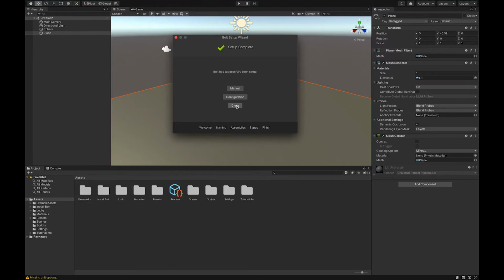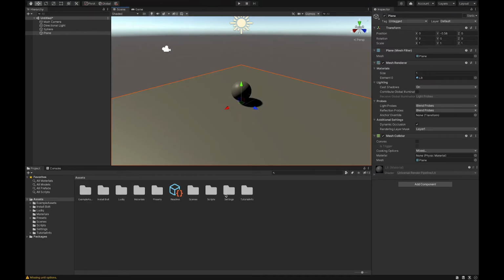So I'm just going to close this. And so now when we're starting to code and work with this visual scripting language, there are several things we need to do to set this up. And once we set this up, that's the end of this tutorial, and the next one will actually create our first script. So to set things up,